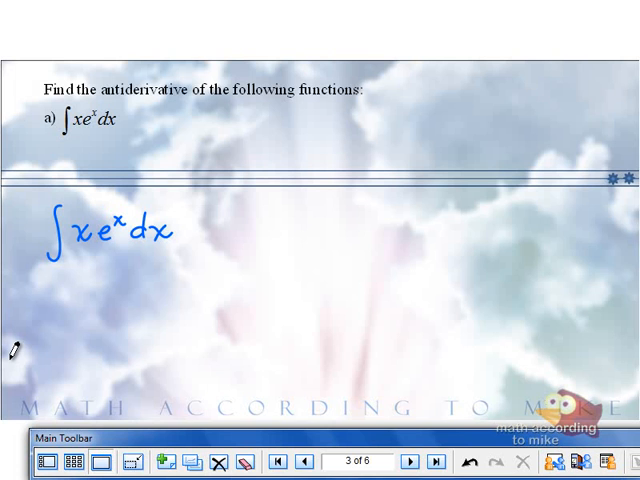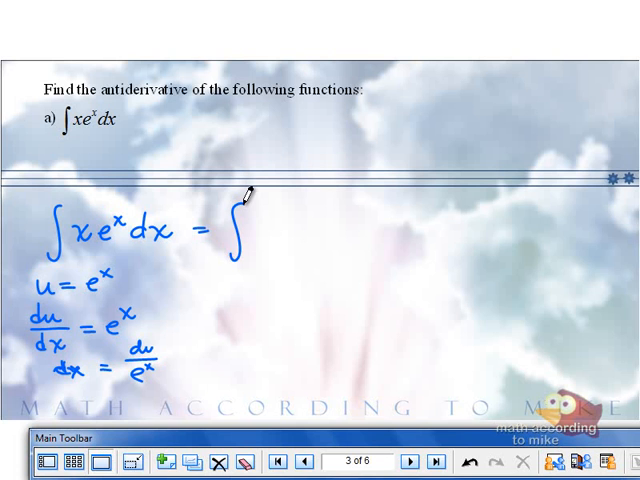If you were to use a u substitution, what would you pick for u? E to the x? Okay. So what's du dx? So that means dx is du over e to the x. Well, the problem with that is, if you plug all this back in,